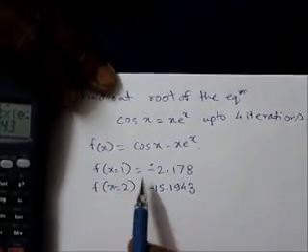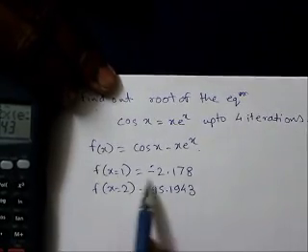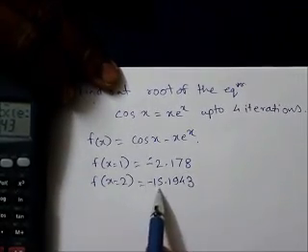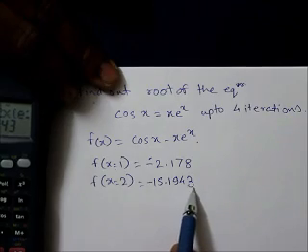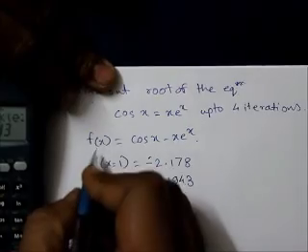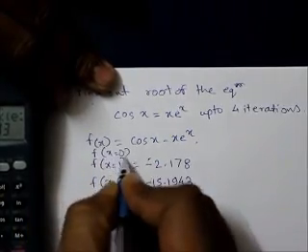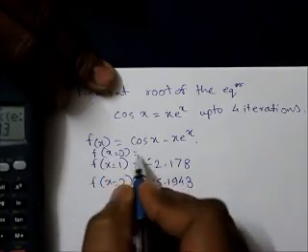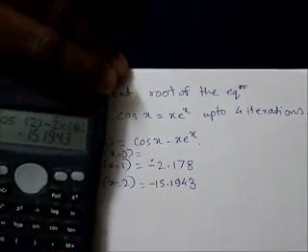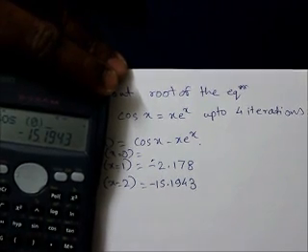Now take a look at this. When I took x is equal to 1, the value was minus 2.178. When I took x is equal to 2, the value moved away from 0. Sometimes that can happen. So here I think it would be advisable if we find out what the value of f(x) is when x is equal to 0, which means cos of 0 minus